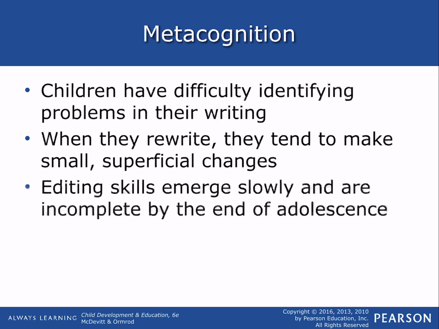Okay, children have difficulty identifying problems in their writing because they know what they wanted to write. So they don't know that they've spelled it so badly that other people cannot understand it. So they'll look at you somewhat incredulously when you ask them to translate their writing for you because they think you should know what that word means because they understood it when they wrote it, and they don't necessarily have an awareness of how wrong their spelling might have been.